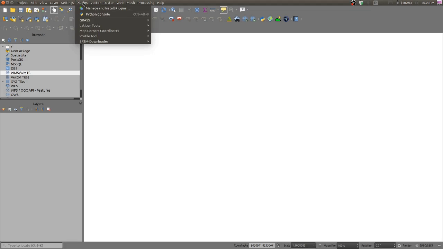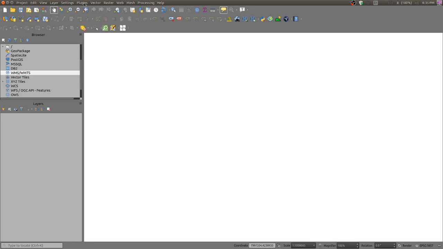And the plugins are like additional tools which the open source community has created and put into use for the public to use. So that is the beauty of this open source community. The entire software is free and open source, and a lot of people are using this QGIS, and they are involved in developing different tools and plugins.